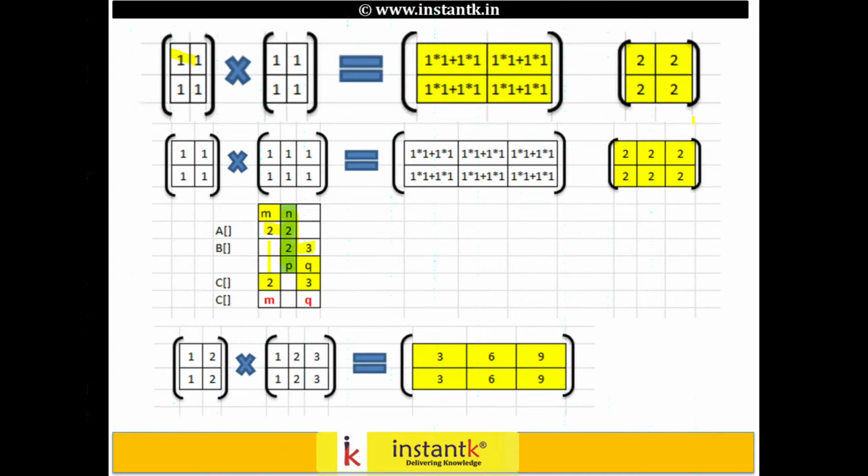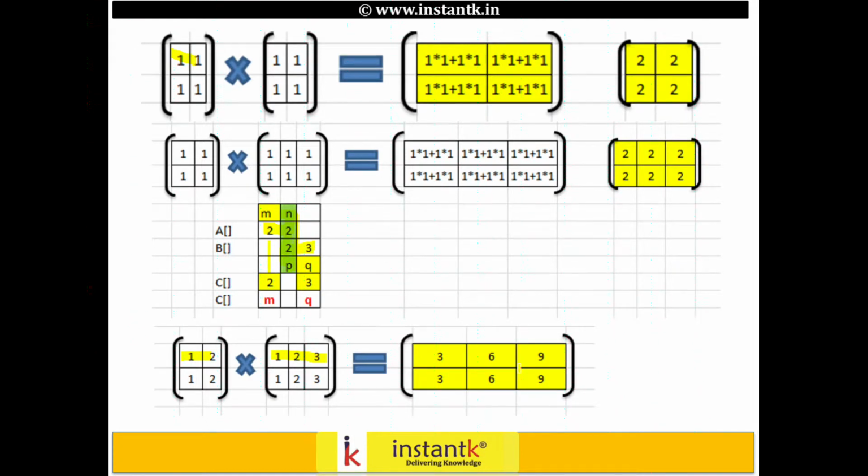This is how we create a resultant matrix.